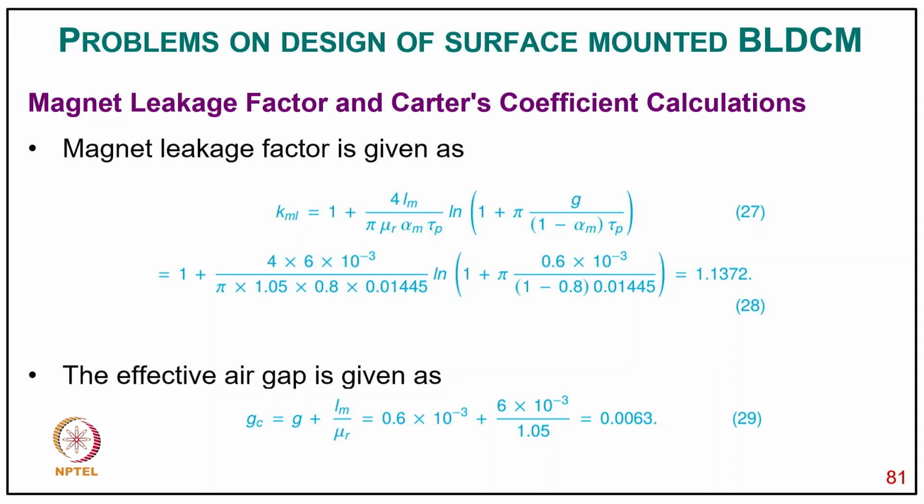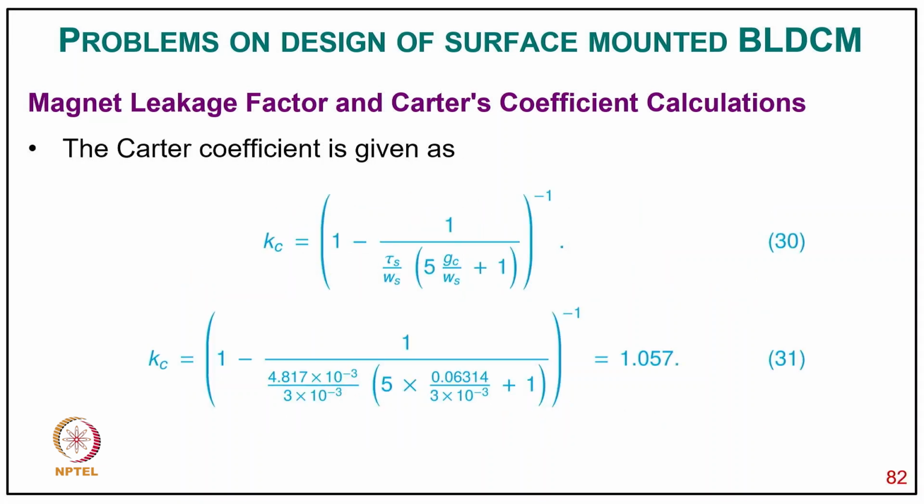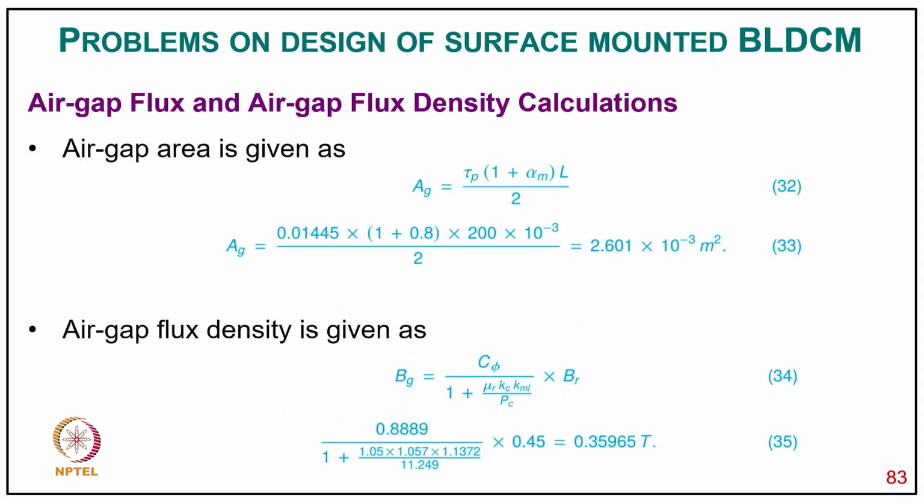and effective air gap is now Gc equal to G plus Lm upon μr, it comes 0.0063, and Kc equal to, in bracket 1 minus 1 upon τs upon Ws, in bracket 5 Gc upon Ws plus 1, in power minus 1, and putting value, it comes 1.057, and air gap area equal to Ag equal to τp 1 plus αm L divided by 2, putting value, it comes 2.601 × 10^-3 meter square, and air gap flux density Bg equal to Cφ upon 1 plus μr Kc Kml upon Pc into Br. So putting value, it comes typically